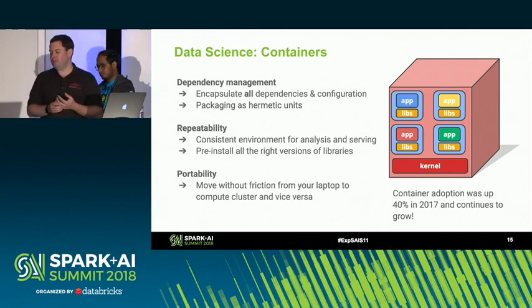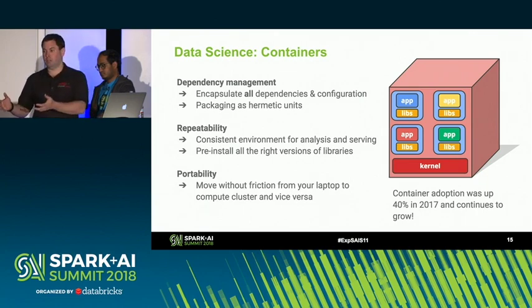And so that has a huge advantage because you get a completely consistent environment for how your executors and your drivers are going to run, whether they run on your laptop or on a test cluster or on your production cluster. As long as they're running the same container, and you can Docker push these all around, you're going to get the exact same environment. Therefore, if you feed it the same input data, you're going to get the same results.